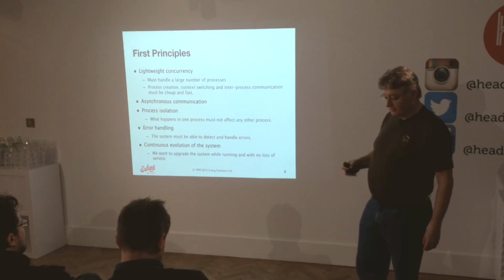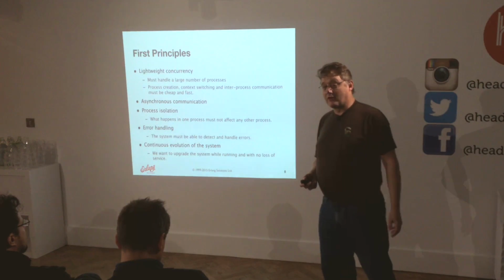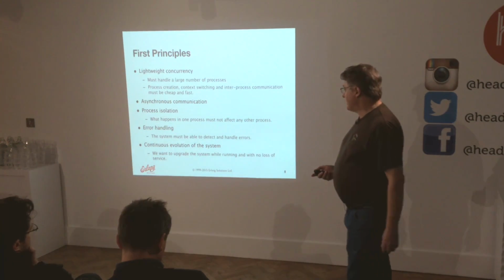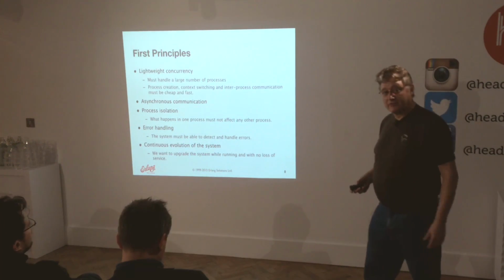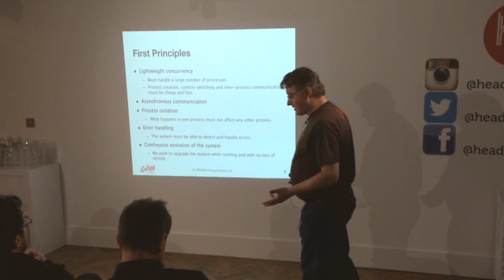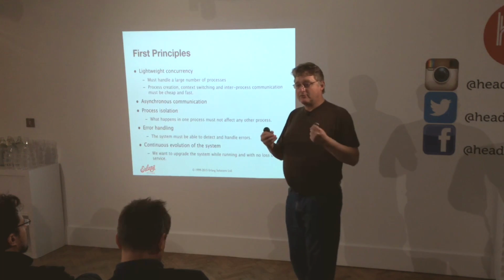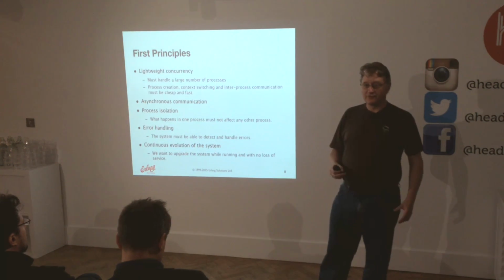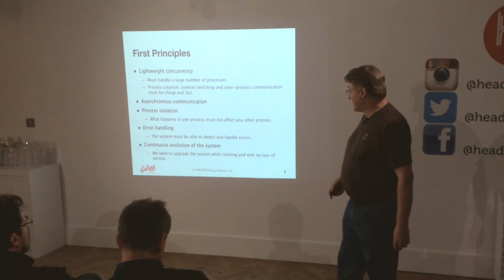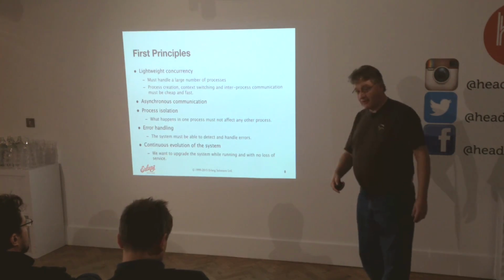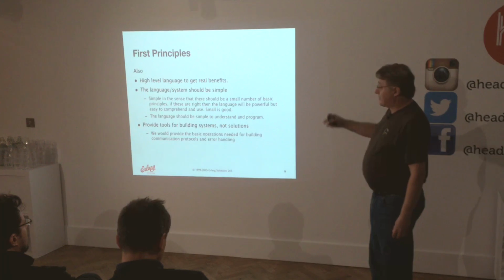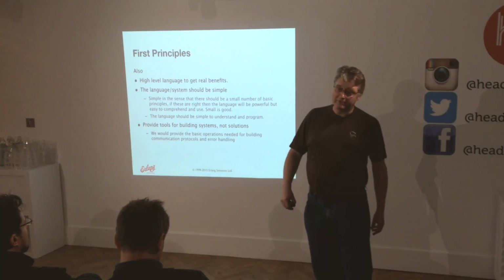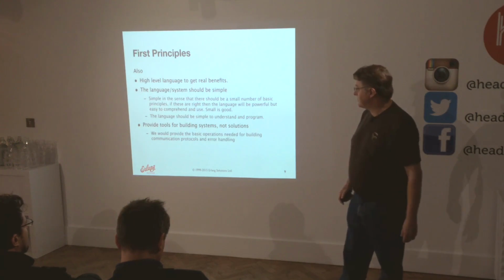Process isolation: this gets back to how we handle errors. If things go wrong, processes should crash, and you should not be able to destroy things for other processes. We need support for error handling. Same idea as with the concurrency: error handling is so fundamental, you need to build in the basis for it in the system itself, at the lowest level. It's not something you can add at the top level. Continuous evolution of the system: yes, we need software upgrades. We wanted a high-level language. However you look at it, Erlang's reasonably high level, not super high level today, but reasonably high level.